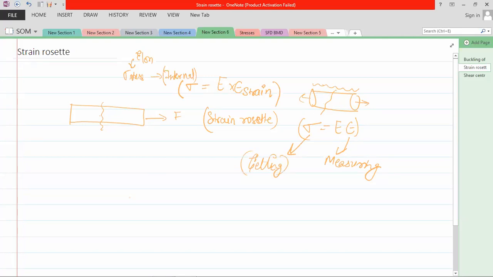So what is a strain gauge? First of all, know what a strain gauge is. A strain gauge is something like this. It will be a wire that is coupled around a DC source. Now what will happen is, suppose